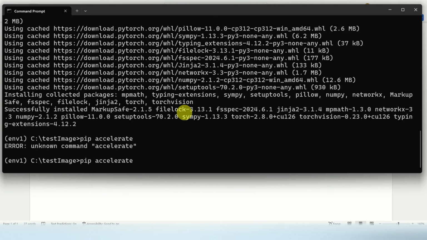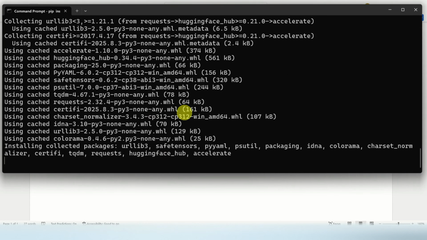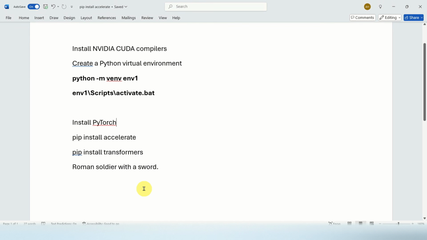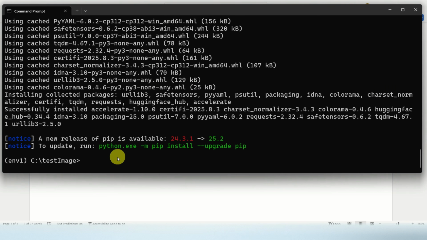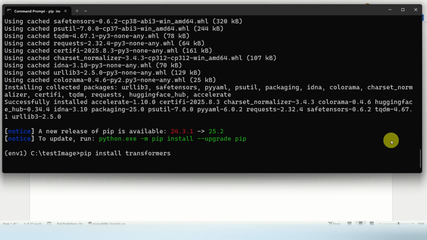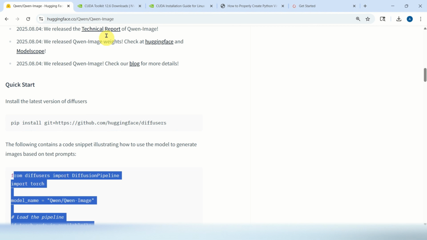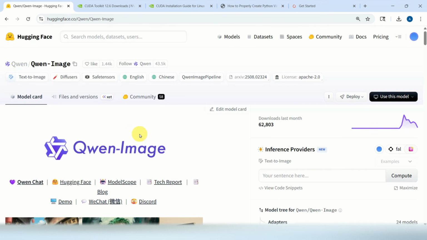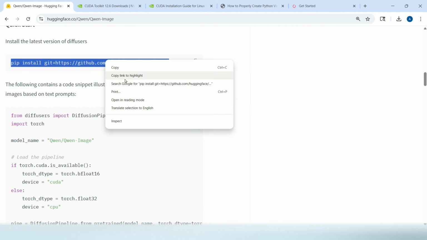Pip install. And after that, we need to install Transformers, just in case. This is the command we need to execute for Transformers. And then after that, let's go to the Hugging Face repository of this software and let's copy and paste this